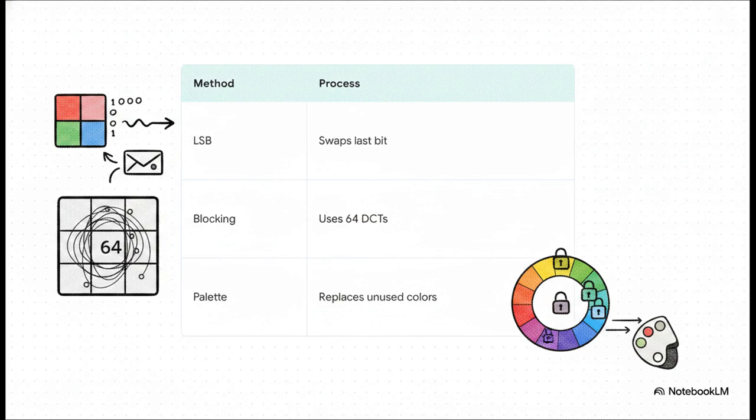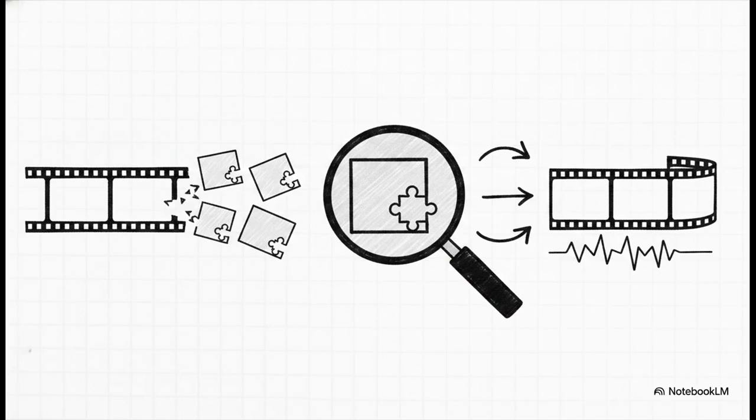Second, we have blocking. This breaks the image into blocks using 64 discrete cosine transform coefficients, which basically approximate luminance and color and modifies them to hide messages. And finally, palette modification. This one simply replaces completely unused colors in an image's color palette with colors that secretly represent the hidden data. And wow, that brings us right back to our hook from the beginning of this explainer,